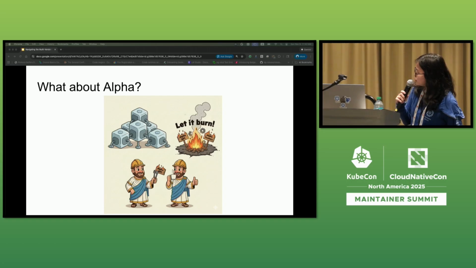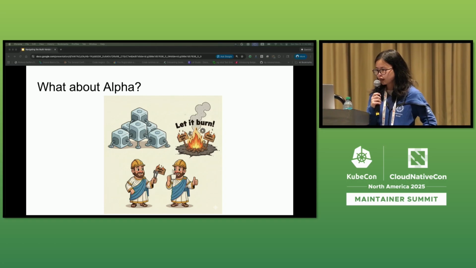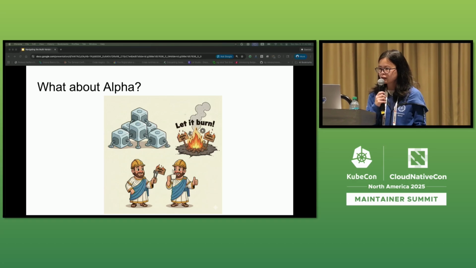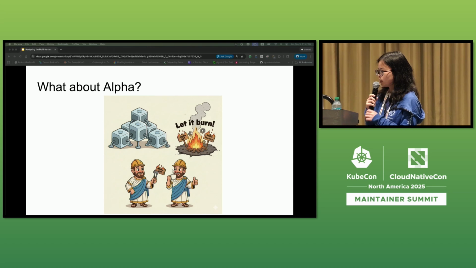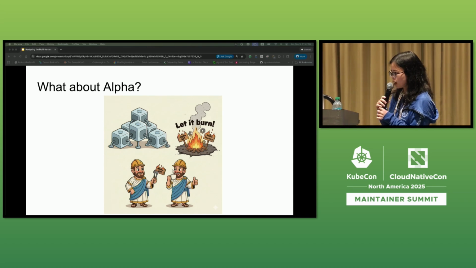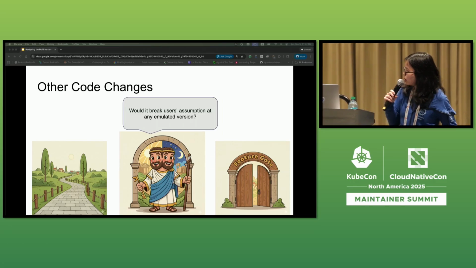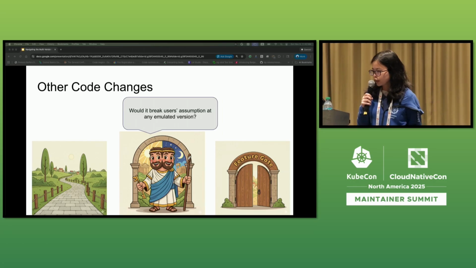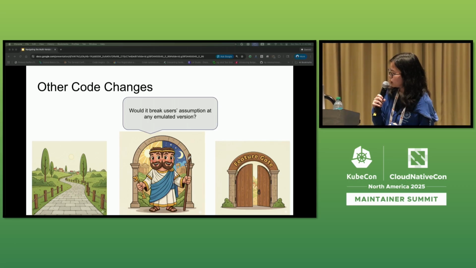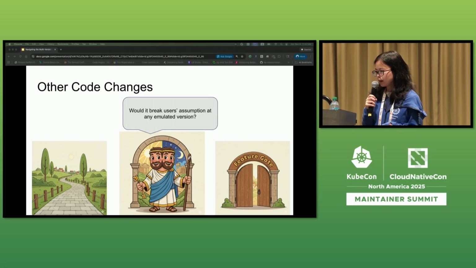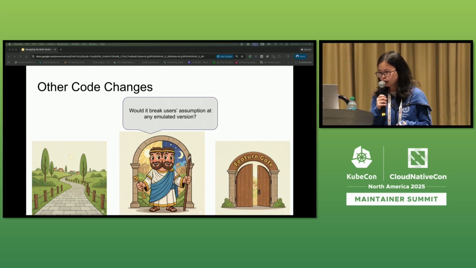And for alpha features, it doesn't fall into this category because we don't really emulate. We don't support emulating alpha features. So if your feature is alpha, you can feel free to change it or remove it anytime. And then for non-feature gate changes, for example, if you're changing how a beta plus feature is implemented, or if you're changing some ungated code in Kubernetes core,